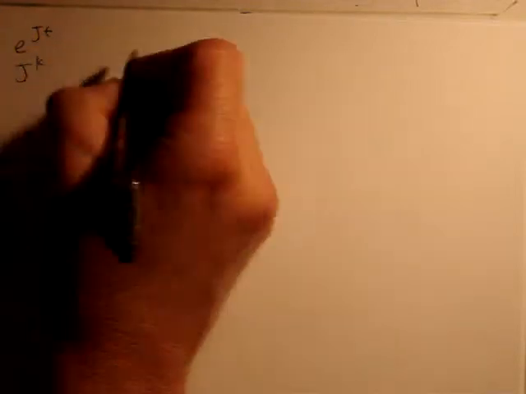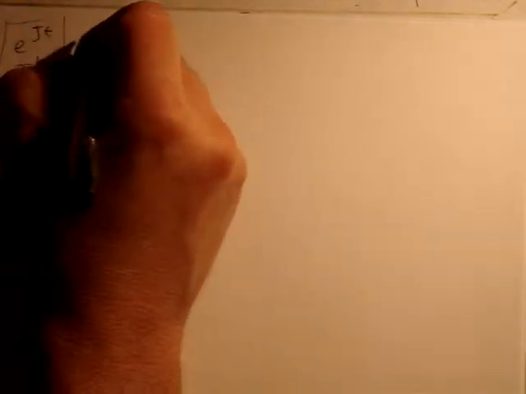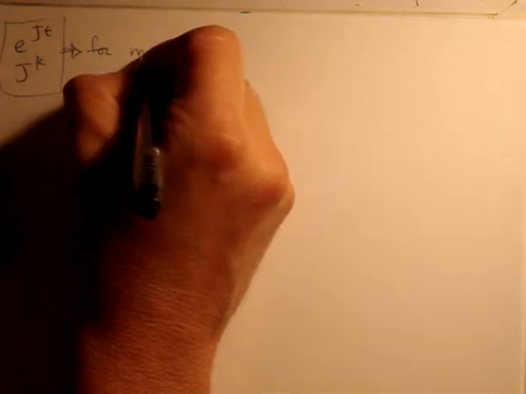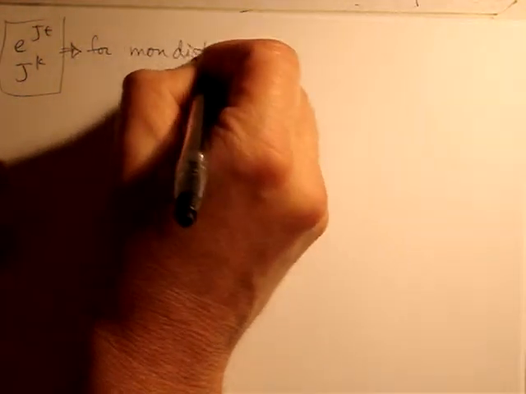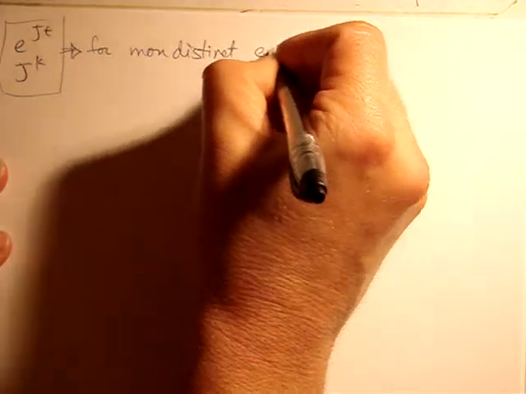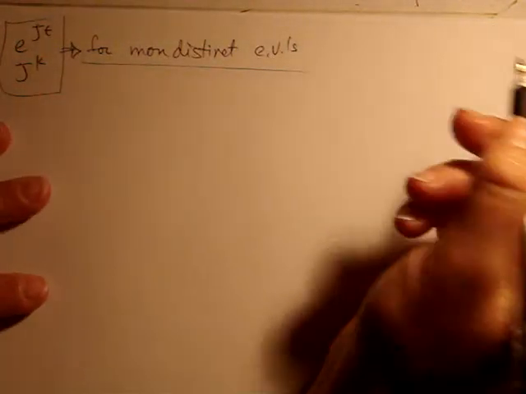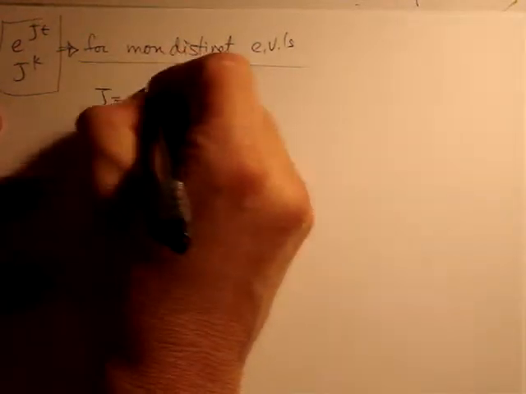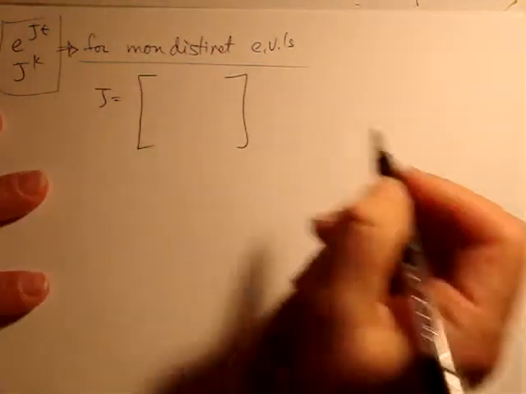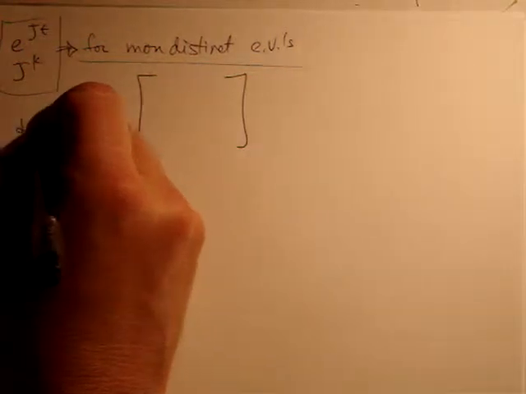Alright, let's look at the case of finding our e to the Jt or J to the k power when our Jordan form is not just a diagonal matrix. So finding these for non-distinct eigenvalues. Okay, remember, let's just review a little bit first, I guess. Distinct